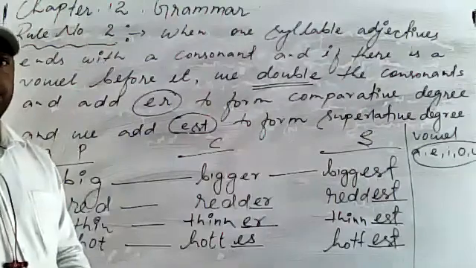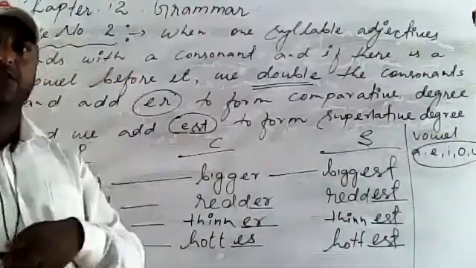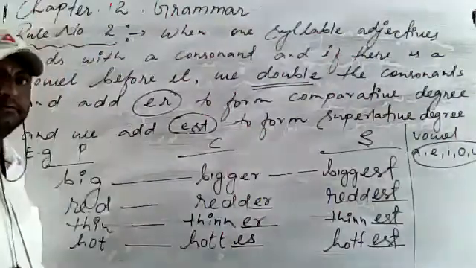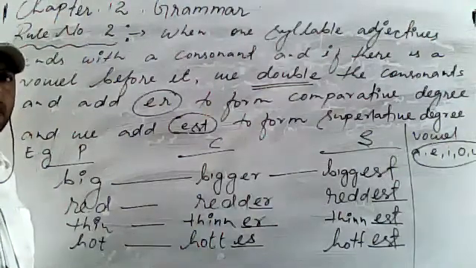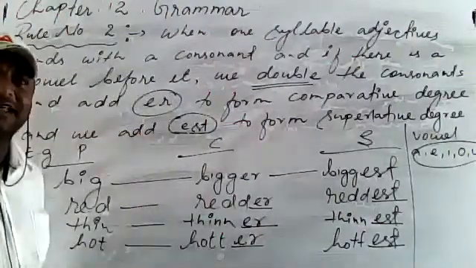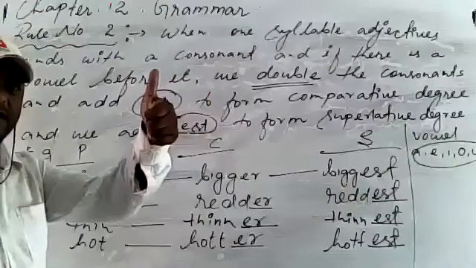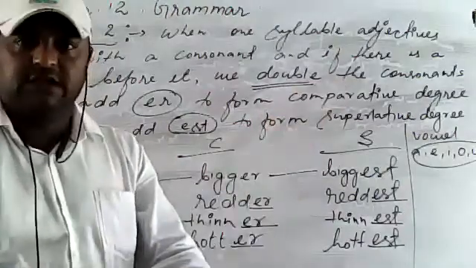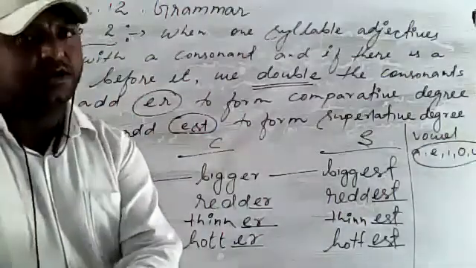Show me your thumb. Turn on your video and show me your thumb. Students, rule number 1, rule number 2. Clear? One more question. Yes, Arya, unmute yourself and ask your question. Sir, you have written the spelling of hottest wrong. Hotter, ER. Fine. Hot, hotter, hottest. Now it is clear? Show me your thumb. Thank you very much. If you want, you can take a screenshot of this. Now let us move on to the next.